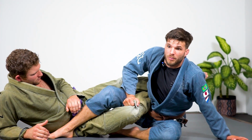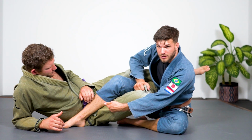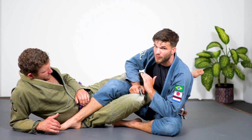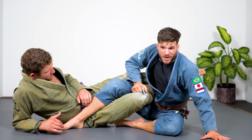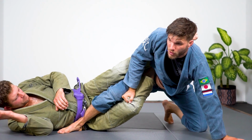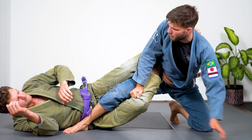From here, I'm going to build base. I'm going to get up on this shin and foot. I'm going to keep my heel dug underneath his hip, and whilst doing so, I'm going to keep my knee turned to the inside. This is very important throughout the whole thing we're doing. I'm going to build base from my hand and keep my knee pushed inwards. My partner will try to sweep me back to his left, but that's nigh impossible if my knee keeps turning